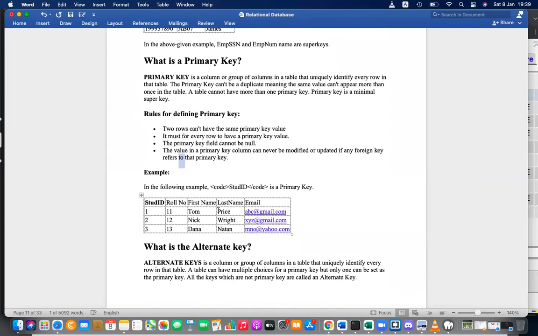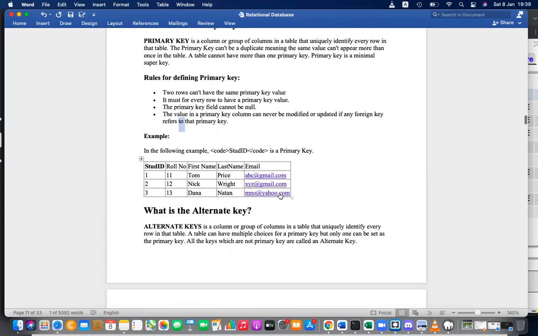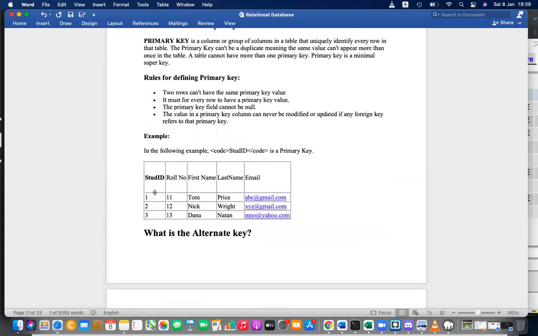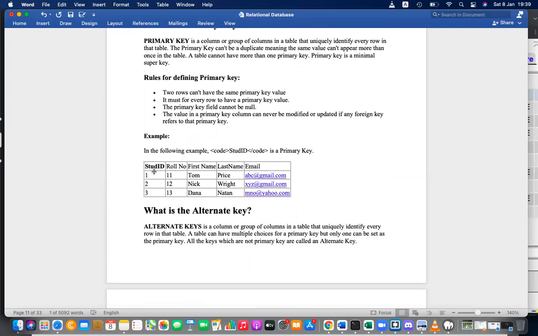So in the following example, student ID is the primary key, right? That is the minimal super key. Alternative keys: when you select the primary key, the remaining super keys we call alternative keys. Remember these terms carefully.